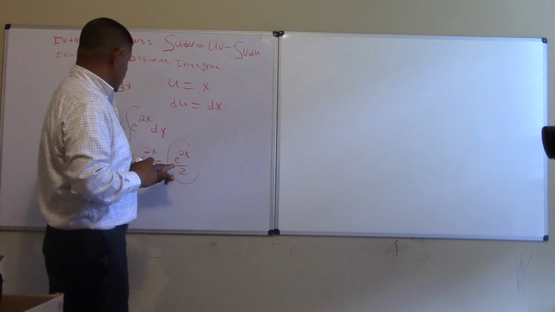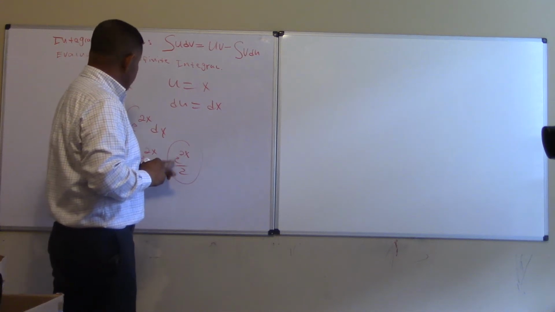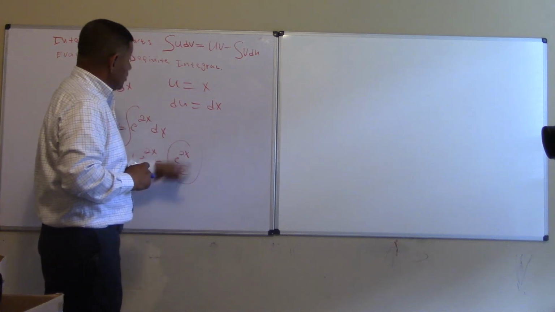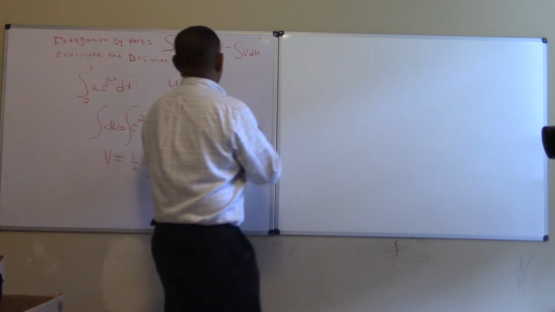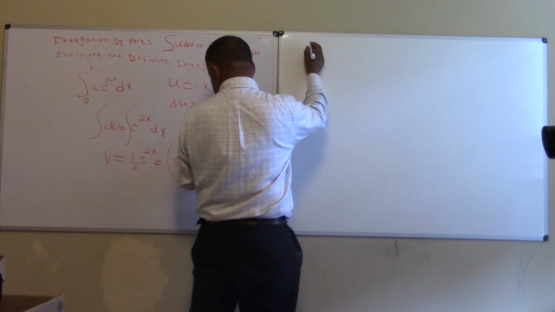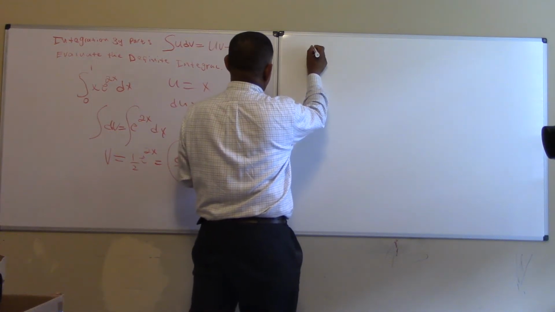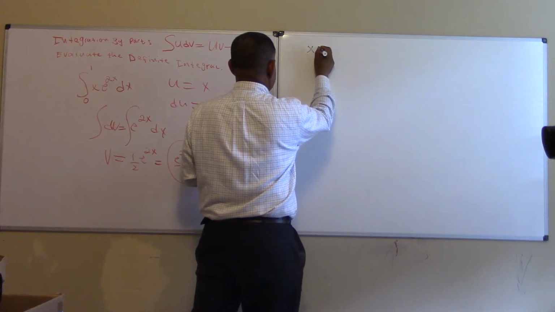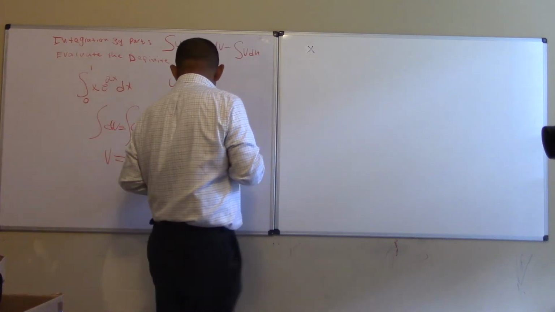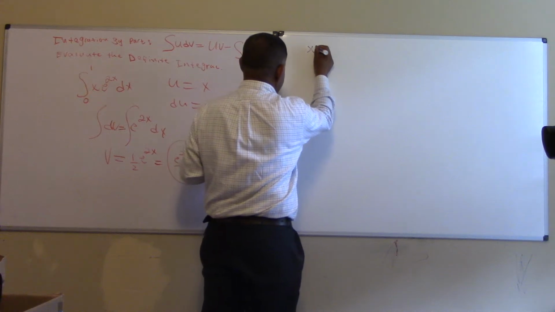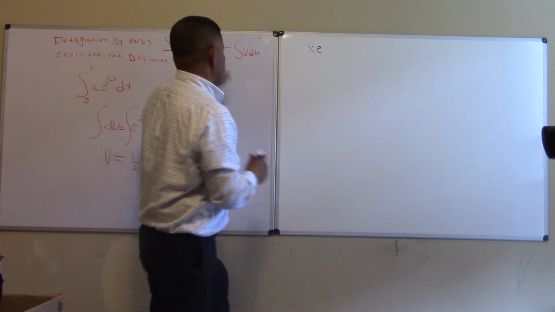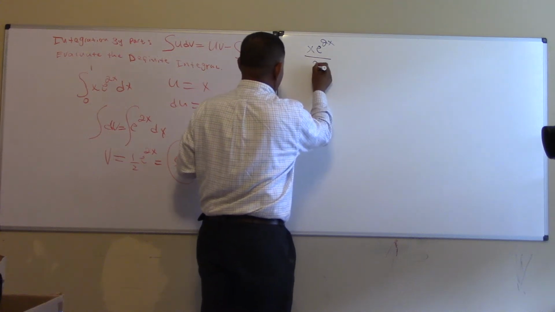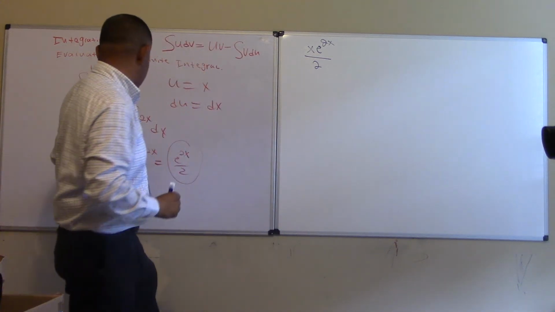And v is equal to e to the 2x over 2, replace it right there. And I'm going to get x multiplying e to the 2x over 2, that's what the formula is telling me,